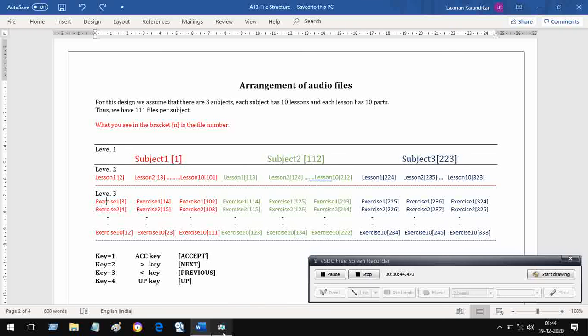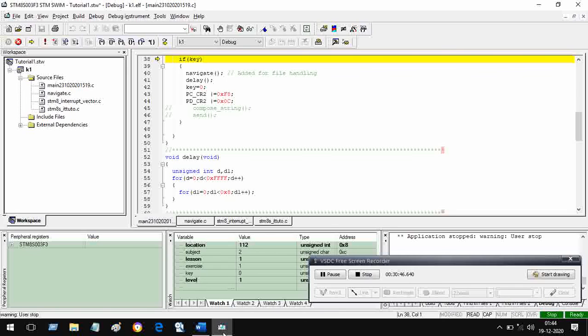Then I will change the subject from 2 to 3. I run and go to the next. I am at level 1, so I can only change the subject. I press key 2 and stop, and I find that the subject has become 3.